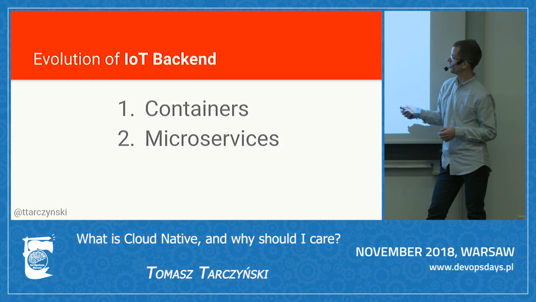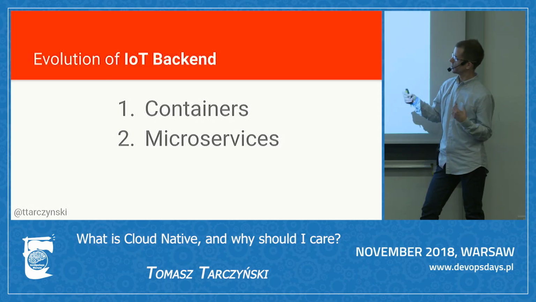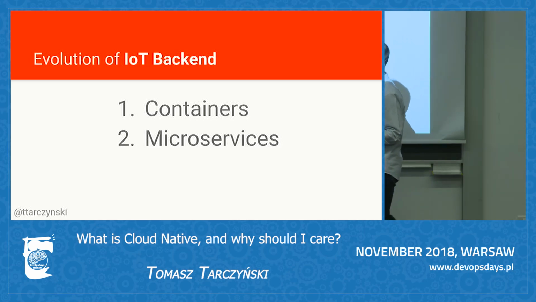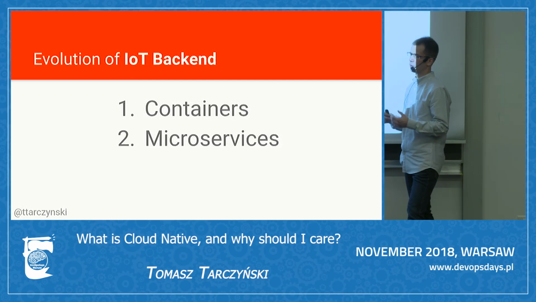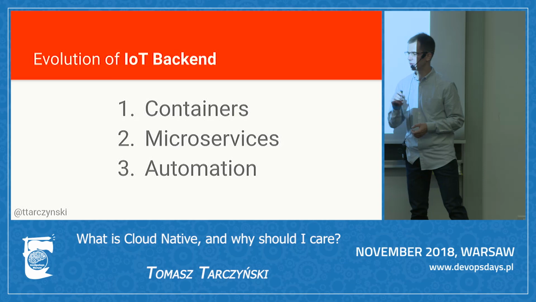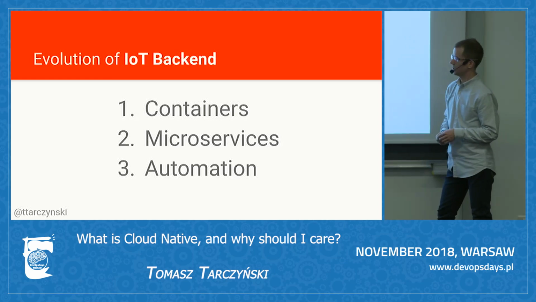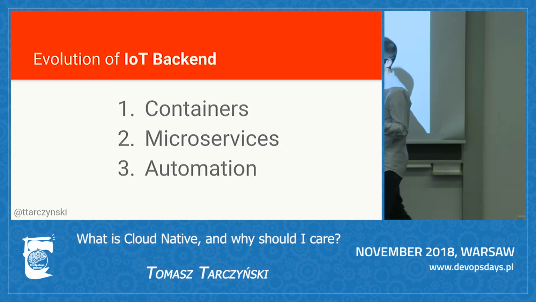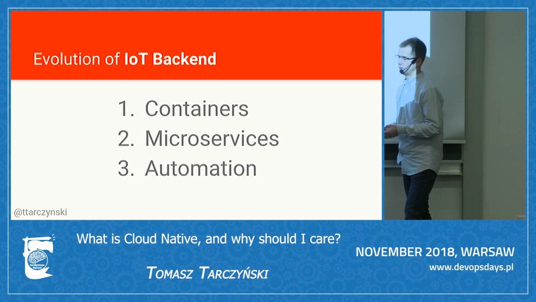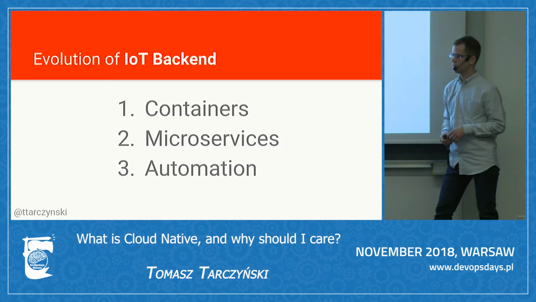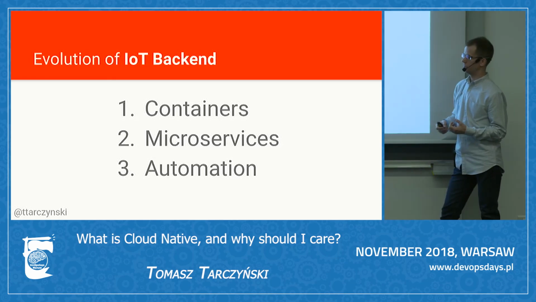What's important for such a developer, as it's decoupled, is that they only need to make sure that changes they make are backward compatible. So they keep the contract that the API still works. And the third change that we were going through is about automation. So how we deliver changes to infrastructure. It used to be, some parts of it used to be manual, and now we moved to fully automated.